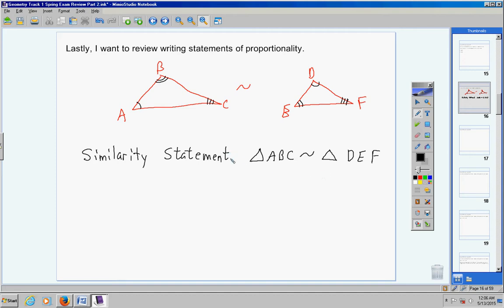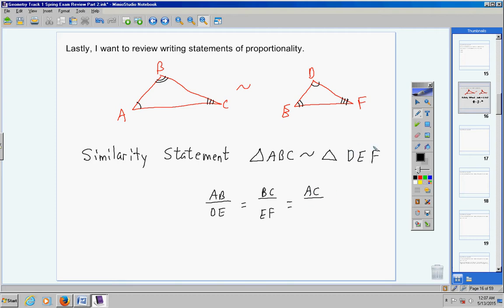So Mr. Earhart, what is a statement of proportionality? Well, I'm glad that you asked. The reason we wrote this first is, oh my goodness, it makes writing the statement of proportionality so much easier. What are your first 2 letters here? A, B. So they correspond with DE. So you put AB over DE equals, now what's your next 2 letters? BC. BC would go with EF equals, and then AC